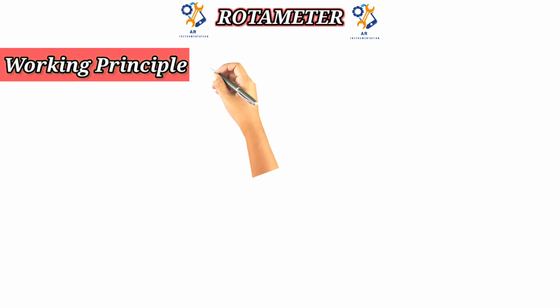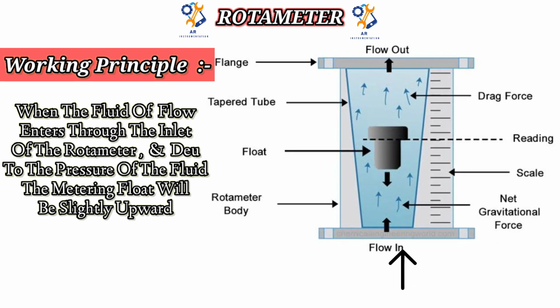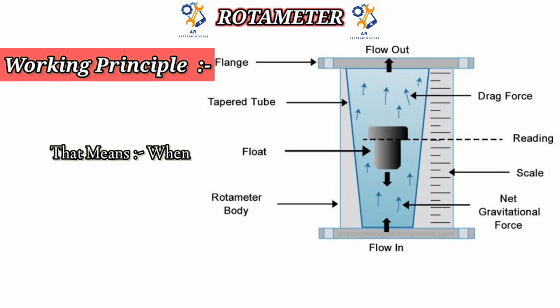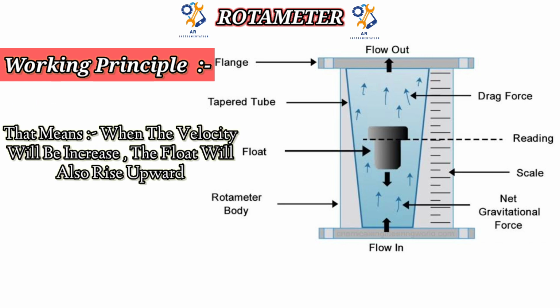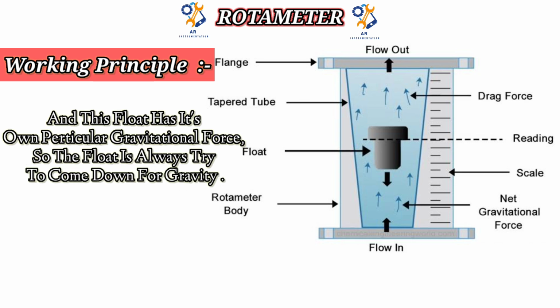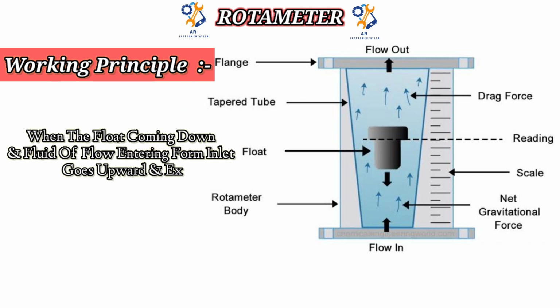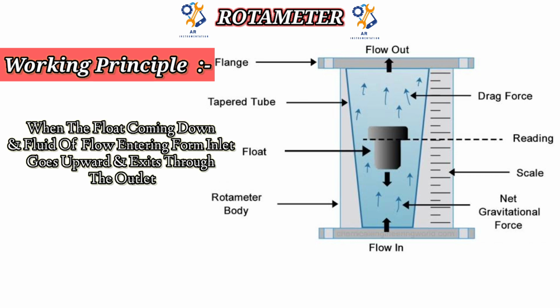Working principle of a rotameter. When the fluid enters through the inlet of the rotameter, due to the pressure of the fluid, the metering float will move slightly upward. That means when the velocity increases, the float will also rise upward. And this float has its own particular gravitational force, so the float always tries to come down due to gravity. When the float comes down and the fluid flow entering from the inlet goes upward and exits through the outlet,